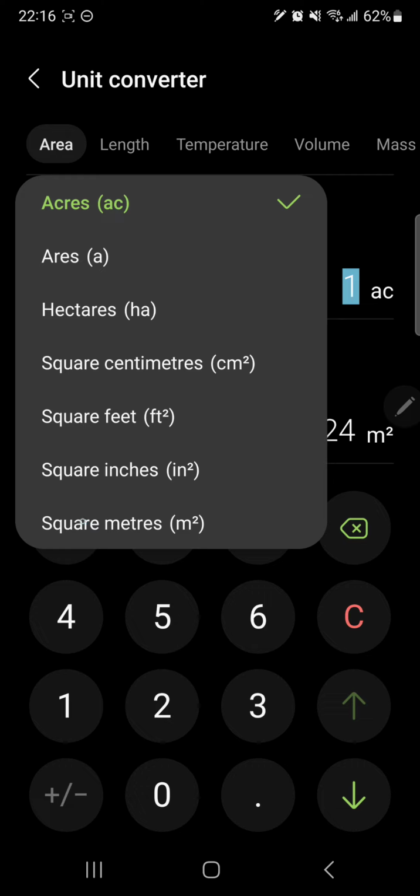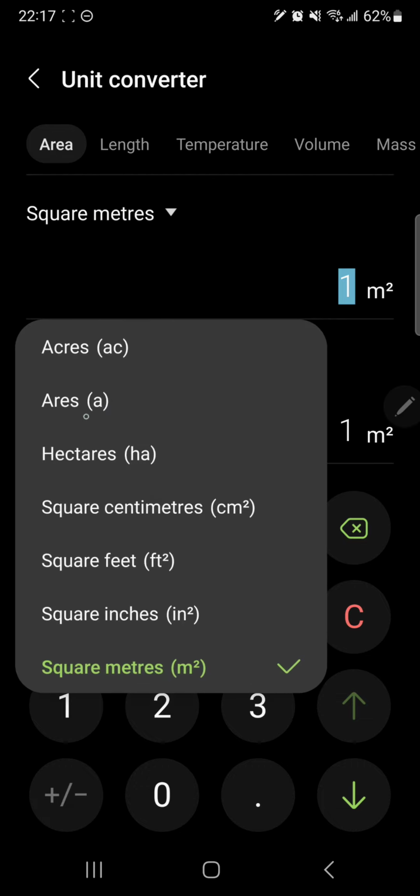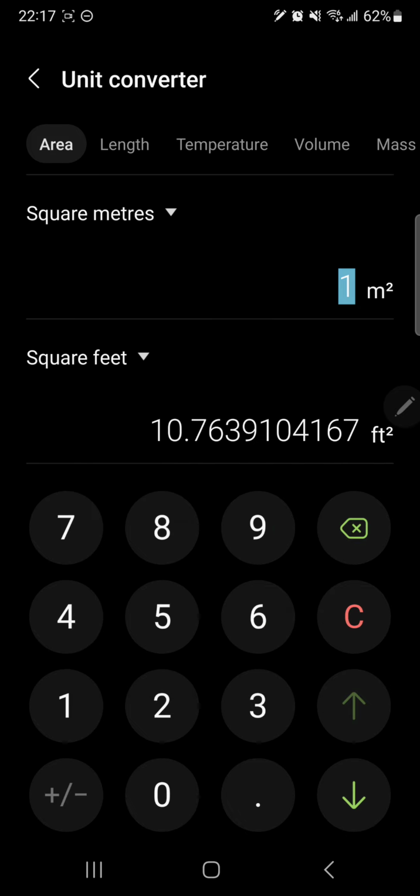Let's say you want to know the square meter to square foot. So we can say 1 square meter,